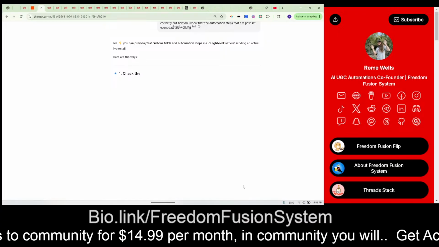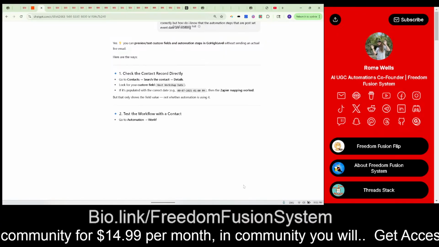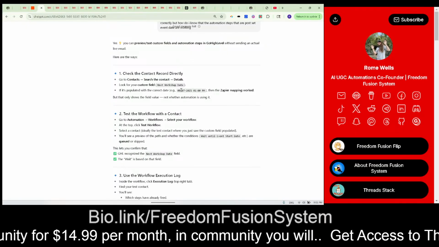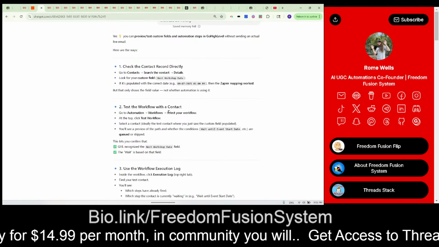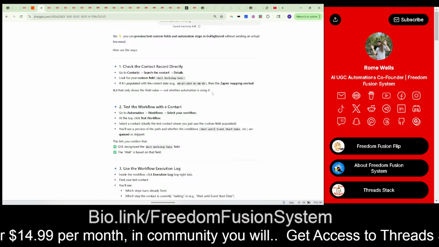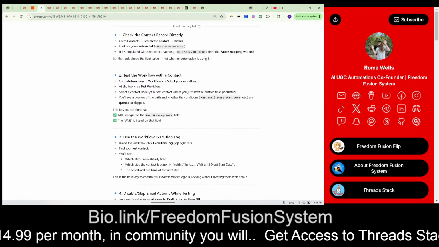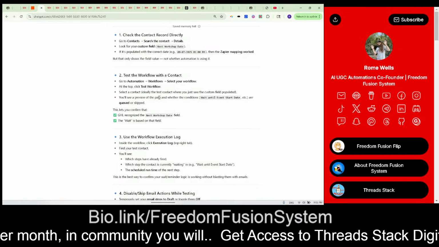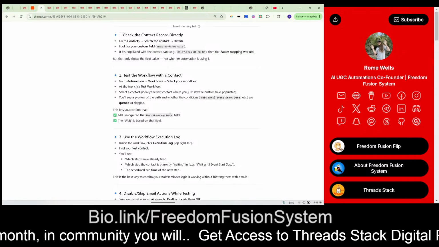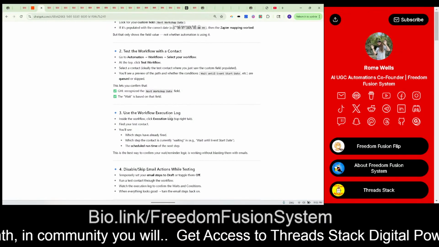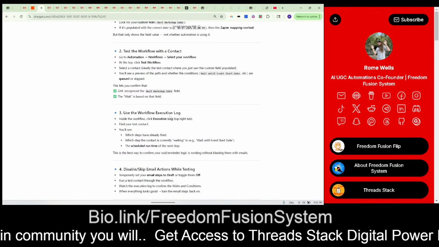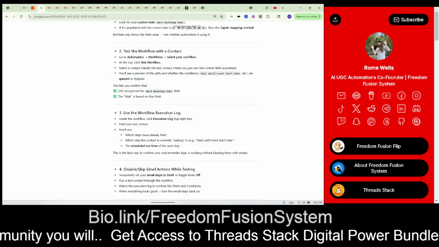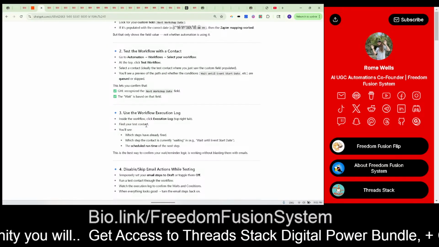So you can preview a custom field without seeing an actual live email: contact, search, contact details, custom field, next workshop. Okay. But that only shows the field value, not whether automation is using it. So test the workflow at the top. Click test workflow, select your workflow, recognize the workshop date, select the contact details. You'll see a preview of the path and whether the condition wait until event start is queued or skipped. Okay,